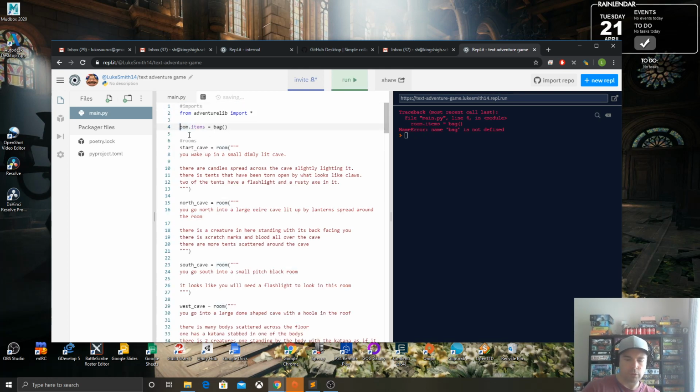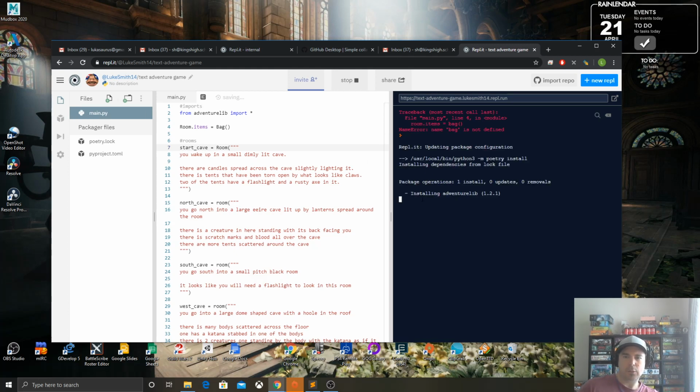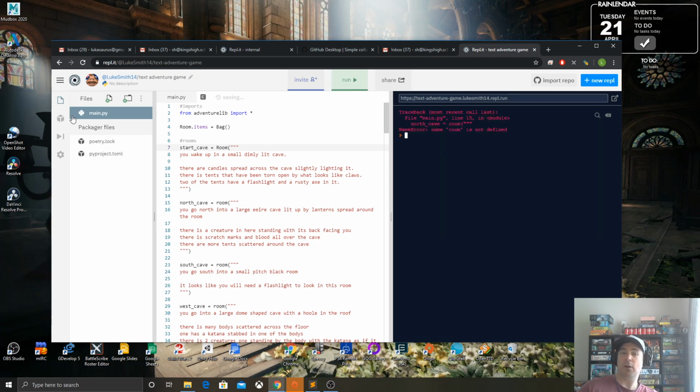So room should have a capital R, bag should have a capital B. Rooms and bags are one of the exceptions where they should have a capital R. And I just noticed that this here, it looks like it's actually installing AdventureLib itself, so you may not necessarily need that file, which I thought it was, but Python is case sensitive.